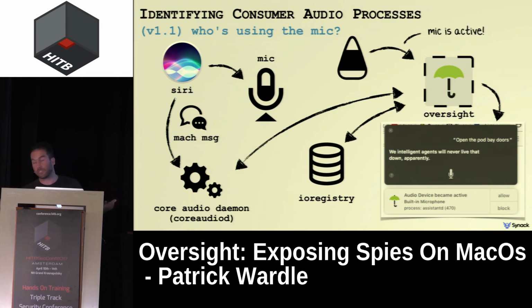So we know someone has started recording off the mic. What we can do then is, again, monitor these Mach messages, and when someone talks to the mic, under the hood, the operating system will send a Mach message to the core audio daemon, coreaudiod. So again, we can look at that and see what processes have recently sent Mach messages to the